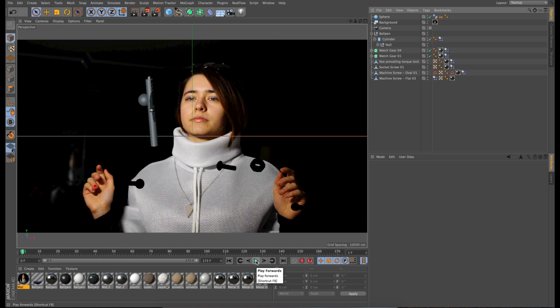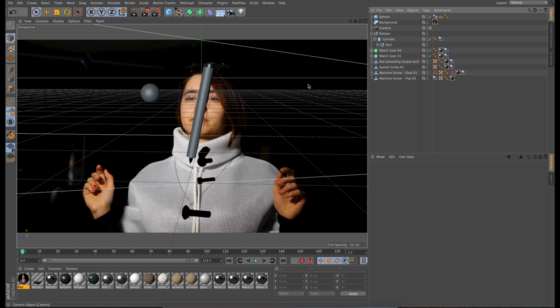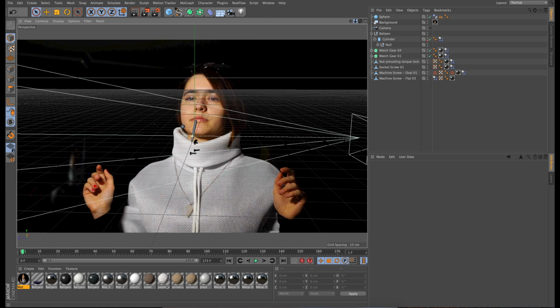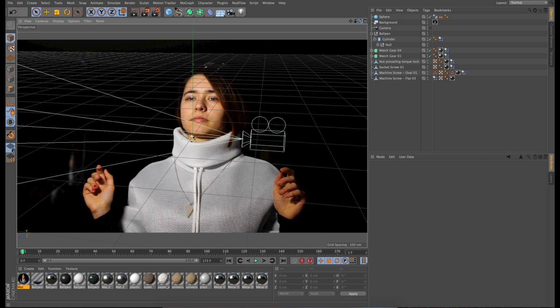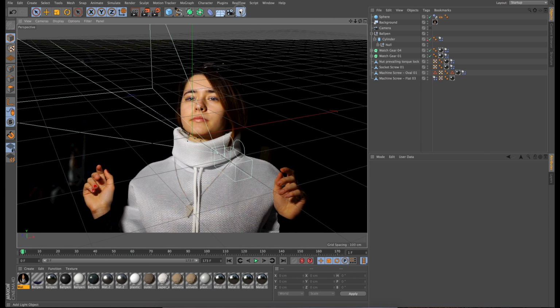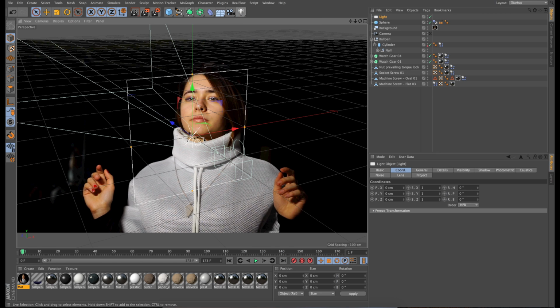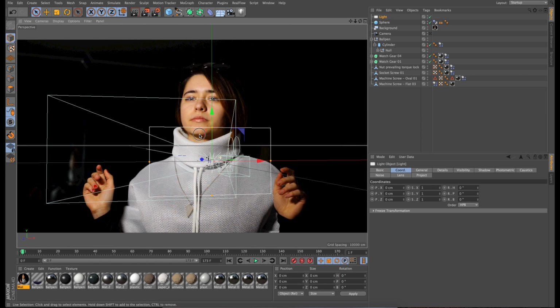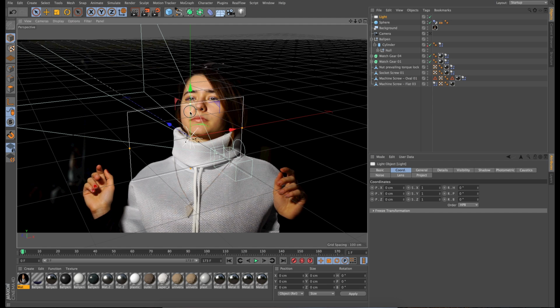Perfect. That looks great. So now it's time to light up the scene. Because I know exactly where the light was located when I was shooting, it will be a lot easier for me to do that. So I'm just going to make an area light. And it was rectangular, and it was just slightly bigger than the camera. Actually, it wasn't as big as this. So I'm just going to make it this size, and I'm just going to move it back here,